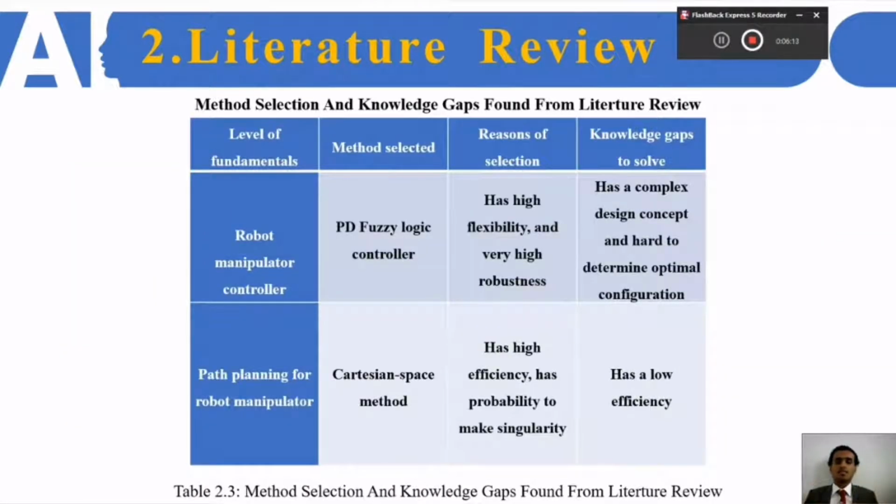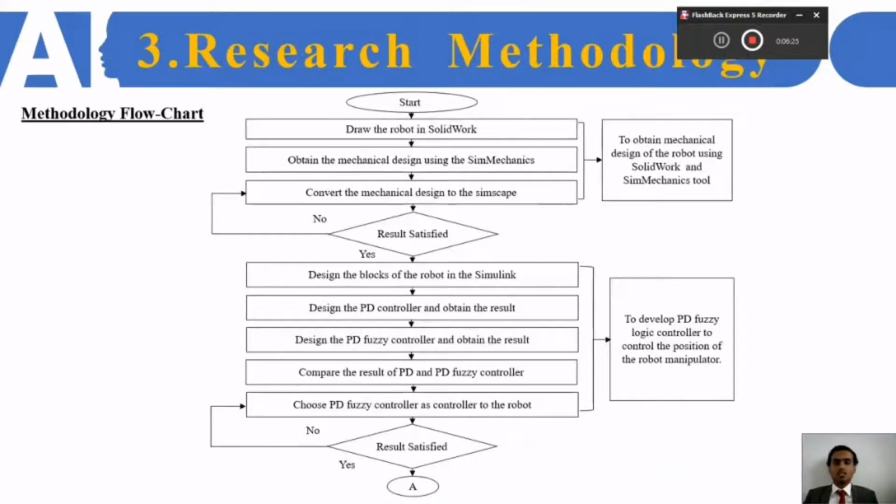Here is the method selection and knowledge gap found from literature review. We choose a robot manipulator with a PD fuzzy logic controller, and the path planning is the Cartesian space method. Now I will start with the research methodology. In this flowchart,